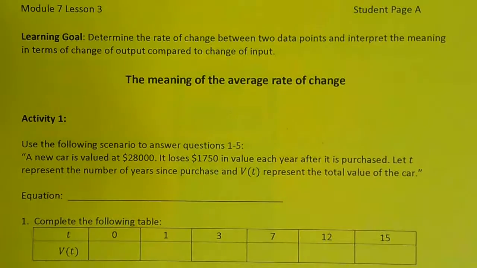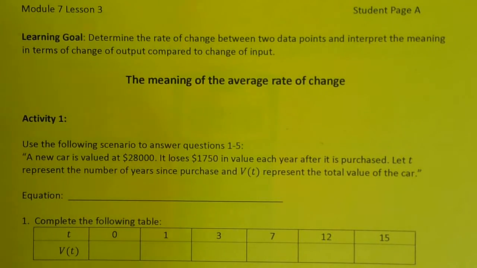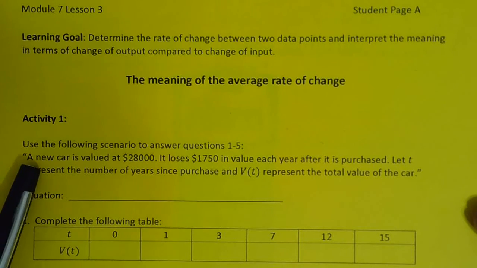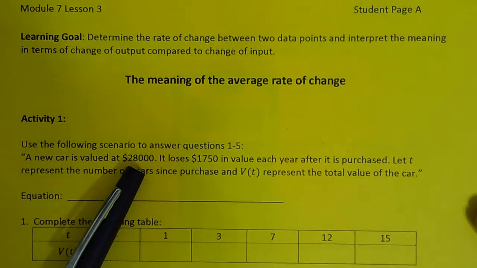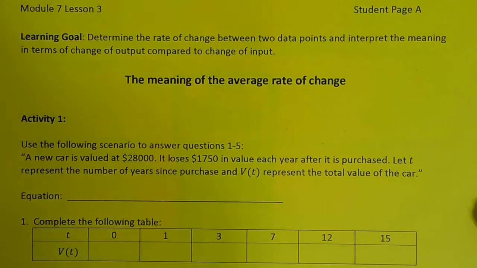Okay, so this lesson is mostly word problems. You probably noticed showing you how we use average rate of change in real life. So this first activity, use the following scenario to answer question 1 through 5. So we have a new car. It's valued at $28,000. And when I see this equation in my head, I'm going, okay, equation means y equals